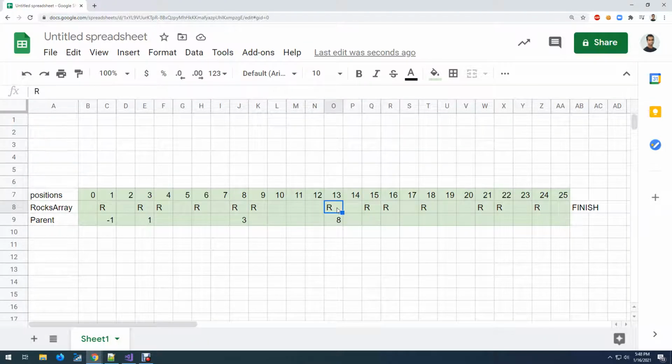So we'll try to find out if we can jump 5 and then find out if there's a path from there. That is 1, 2, 3, 4, 5. Yes, there is a path. So its parent position will be 13th. From here, we'll find out if the frog can jump 2 units. 1, 2, no. We'll find out if the frog can jump 5 units. That is 1, 2, 3, 4, 5. No. So we'll go back